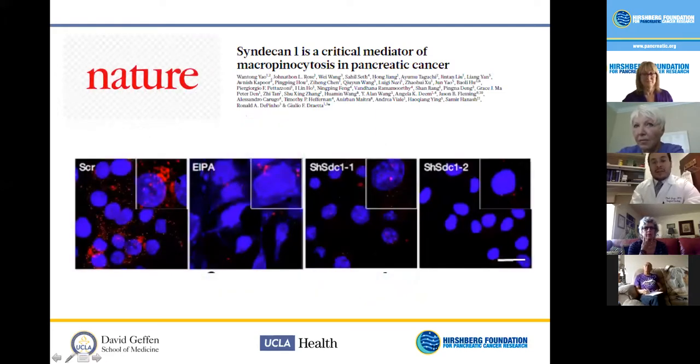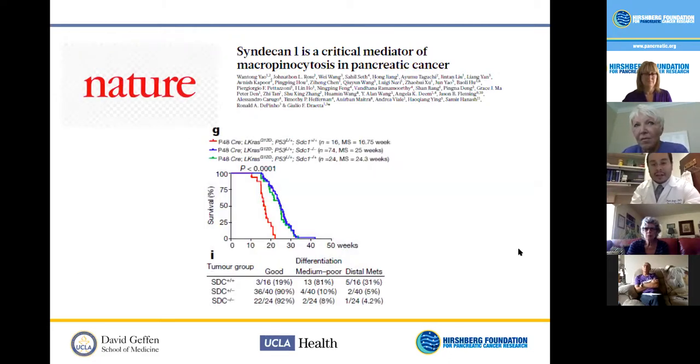So what they did was, these red dots are macropinocytosis happening. This is normal. When they block the syndecan-1 with a drug, you see that the red dots go away. This is one way of blocking it, this is another way of blocking it. The red dots go completely away. So this indicates that this protein, syndecan-1, is really important for the cells to get nutrients, for that macropinocytosis to occur. And of course, we know that without the nutrients, the cells can starve and die. And they showed this in this graph here,